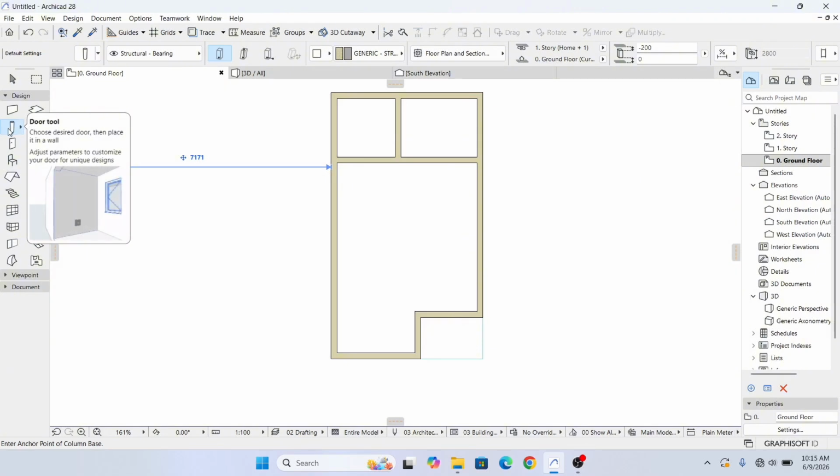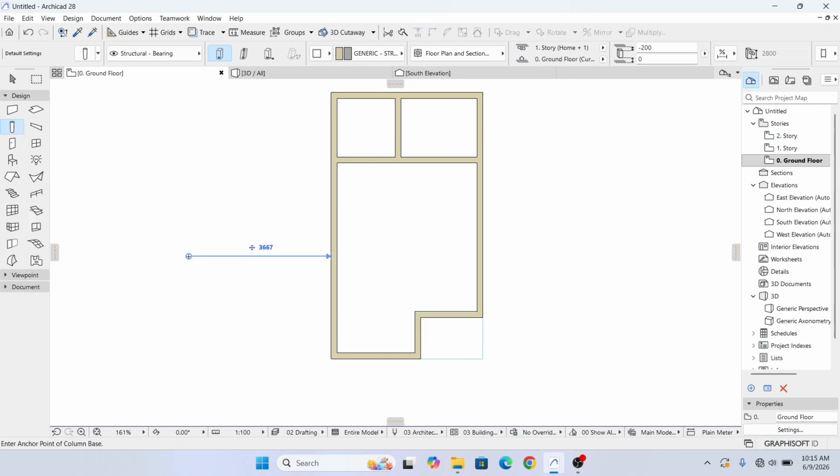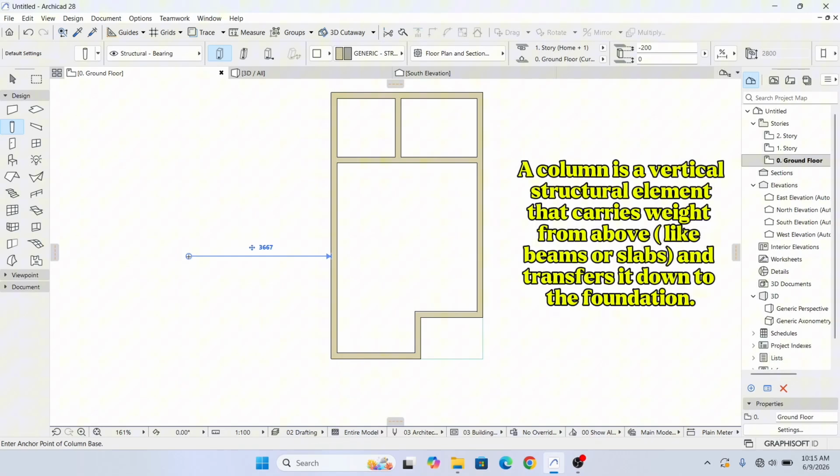So click on the column here. Now what's the column? I like explaining this so that, in case not all of you here are architecture students or architecture or engineering inclined individuals, some of us are just people who want to learn for the first time. So a column is a